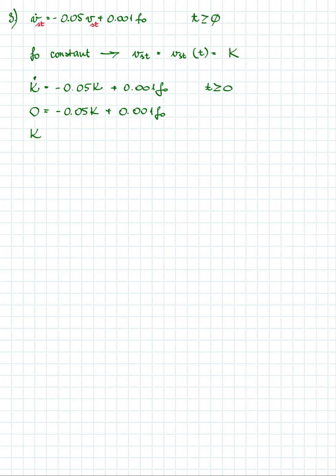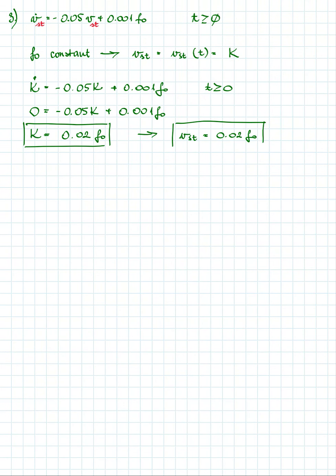And if we solve it for k, we are going to get 0.02 F0. So F0 is a given value, and now the non-homogeneous part is ready. So it means that Vst is a constant value. Now the stationary part is